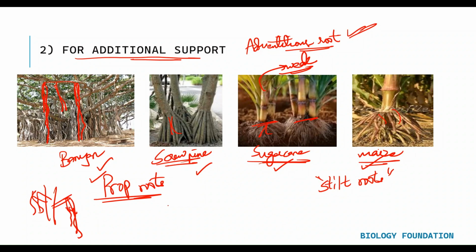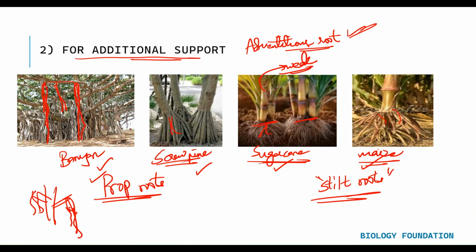These stilt roots basically provide additional mechanical support to the plant, even though the stems in sugarcane and maize are tall and weak. But who is actually providing mechanical support to the plant? It is the roots which are developing from the base of the stem, and these roots are specifically named as stilt roots. In banyan you find prop roots which develop from the stem only, so they're adventitious roots, but